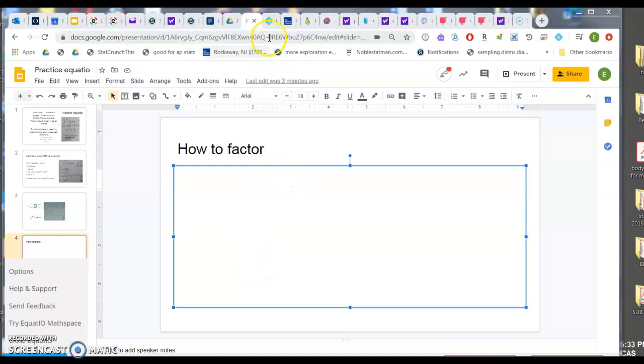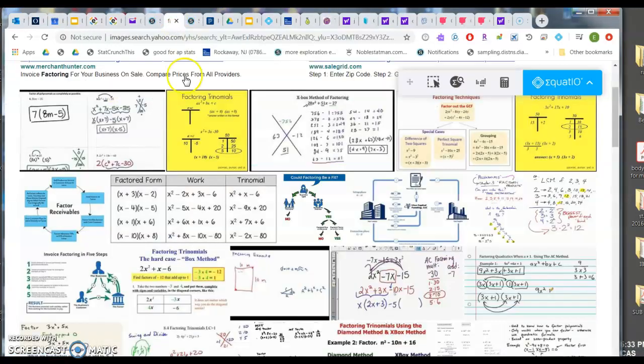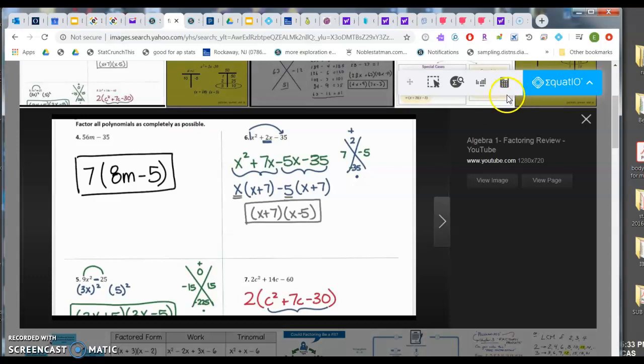Maybe you've already done it with Equatio, but here I have my Google Slides, and if I go into a search, and let's say I'm doing something on factoring, and I want this example, if I go over to my Equatio in my bar, and press enter, and maybe open this slide up, now if I choose the screenshot, I have to select it first, and then highlight this,